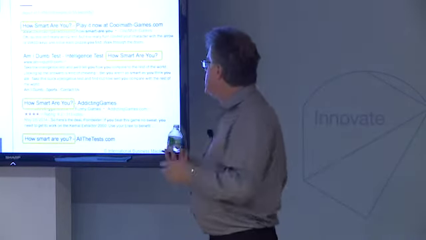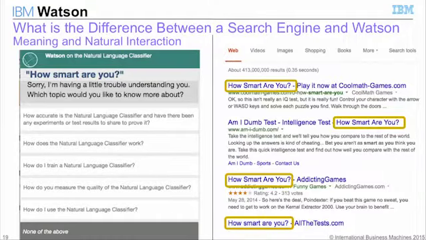So let me switch gears and talk a little bit about what's under the covers, and then I'll get to a microservice discussion. One of the key differences between a search engine and what we're doing is the notion of meaning. Watson doesn't really deal with syntax. It deals with semantics. It deals with the underlying meaning of the words. So we built a little application. This is actually the demo application for a